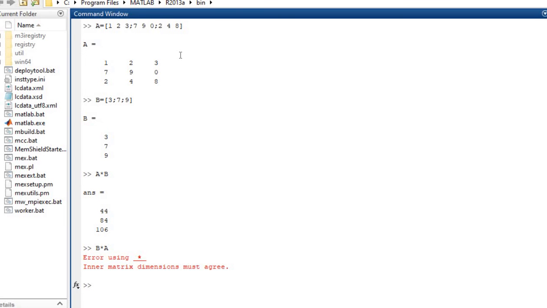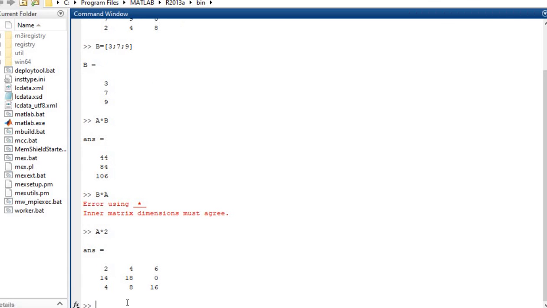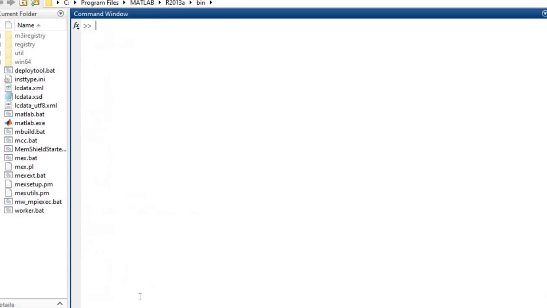So we know the A matrix value, a 3 by 2 matrix. So now we are going to multiply the A matrix with the 2. So therefore A star 2. So we can get the value 2, 14. Suppose in the same sense we create some other matrix, for example